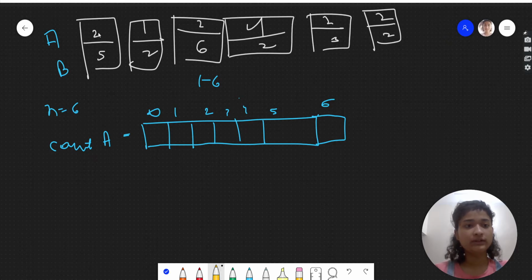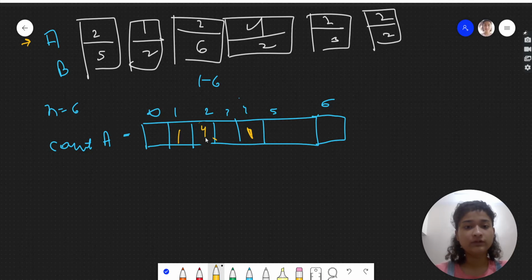So what is the count here? 2. So 2's count is like, we'll be going through this array, and we'll be storing a count of digits which are in A. So 2 is 1 time, then 1 is 1 time, then 2 is again occurring, then 4 is again occurring, 1, 1, and then 2 is again occurring, so its count will become 3, and then 2 is again occurring, so its count will become 4.